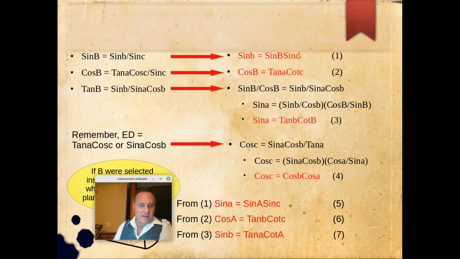And I do. I equate this equals this, and by a little algebraic manipulation dividing both sides by tangent A, I come up with this equation. Cosine C equals sine A cosine B over tangent A. And then I recognize that the sine over the cosine, and then tangent A is the cosine